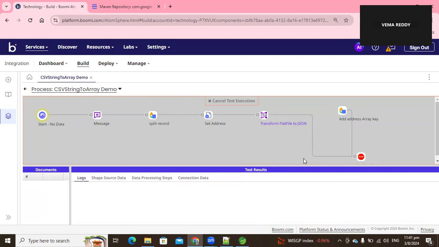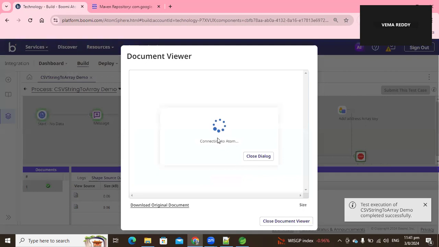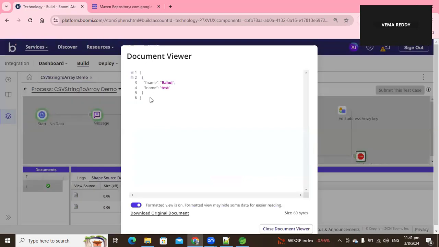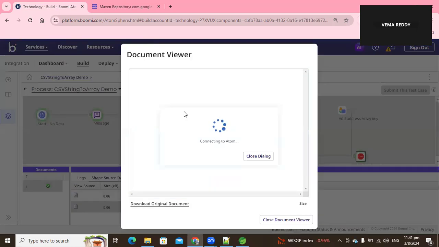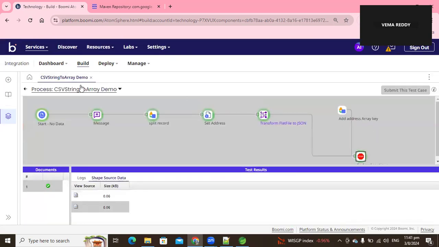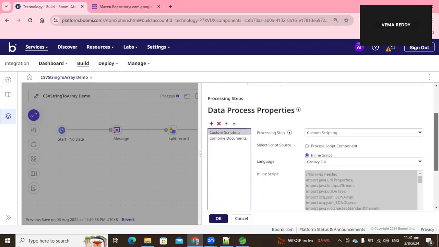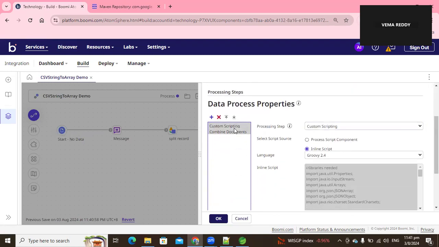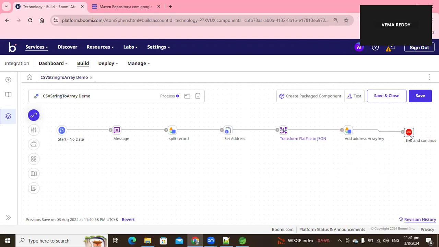So this is the simplest way I thought I can show you. You can see two documents because it was split, and each document generates this one. The second document is here, and then let's reconnect this. What I'm doing with this reconnection is applying the custom scripting. That custom scripting takes the document and then adds the array items from the dynamic document property, and then it just combines it into one document,